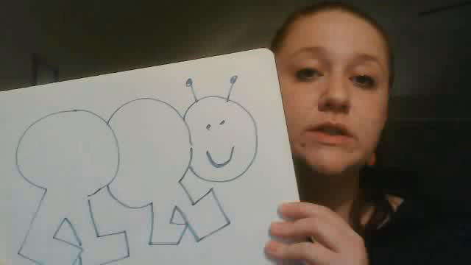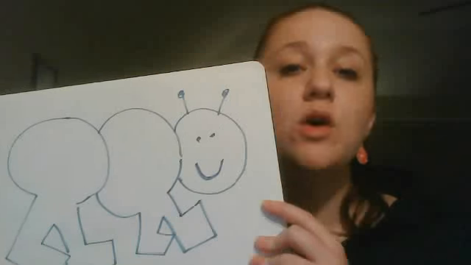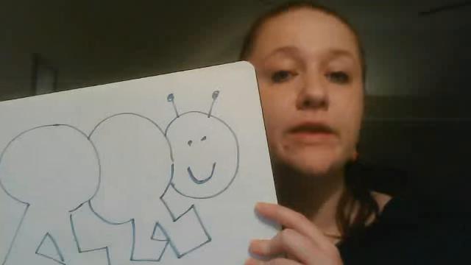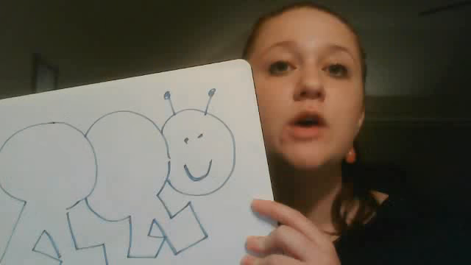All right, boys and girls, now that we have had a chance to look at some different cases of contraction, we're going to make a contraction bug. Now, I'm going to help you do this one, and then you will get to do your own. So, if we remember back to the first contraction that we found in our poems, we remember that we found the word they'll. So we're going to write that in the first spot on our contraction bug.